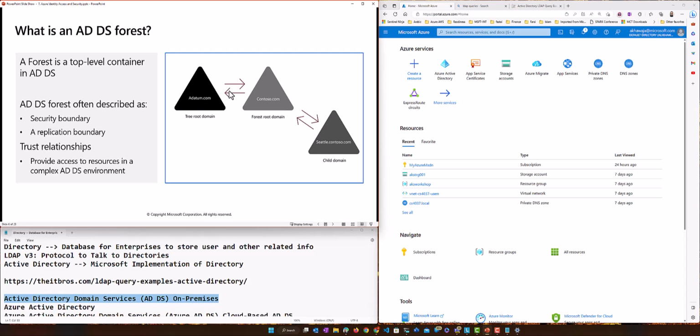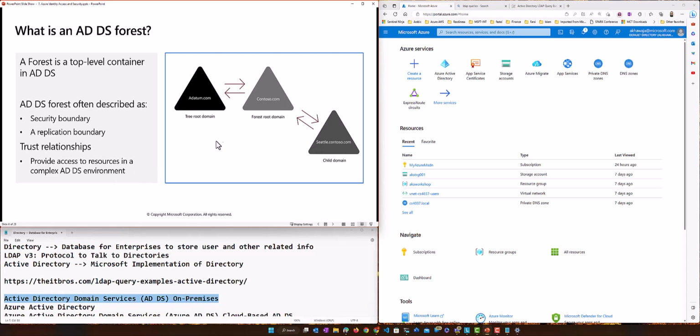And you can have a root domain also. So child domains come from this one. I can have various different ones: Seattle, Houston, Dallas, different organizations. I can have domains for different cities, different organizations, and so on and so forth, right? Again, it is a security boundary and a replication boundary. I can replicate different information to different places, okay?